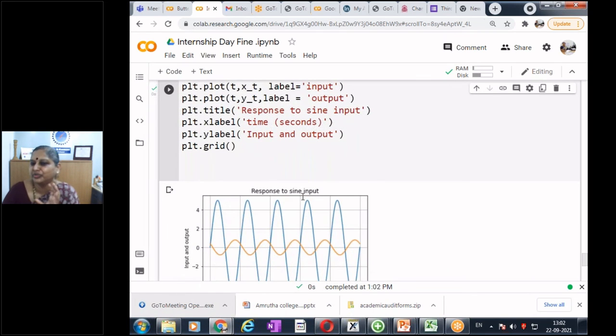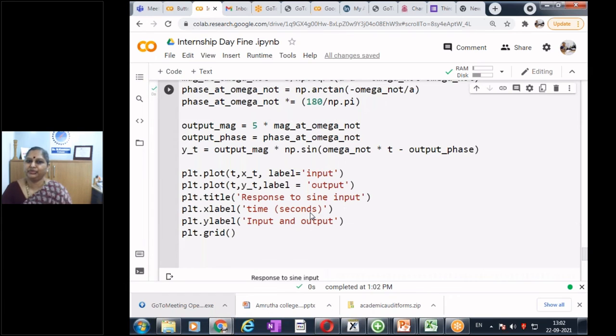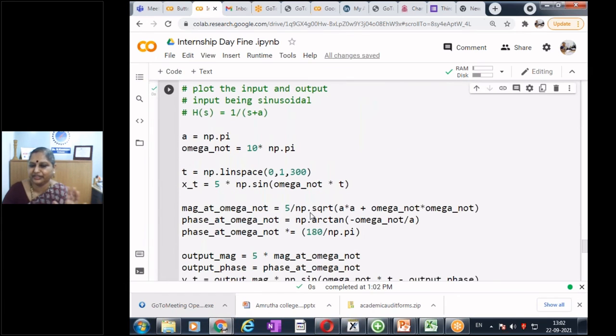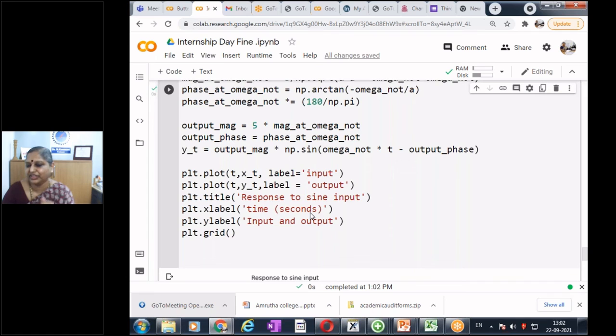We used to change the time per division knob in the Multisim Live. So have you understood what is 3 dB cutoff? Finally, I give a real input, I get a real output. That's the most important component. I hope you are able to understand everything together in one. We have done time, impulse response, phase response, magnitude response, and also computing the output for a given sinusoidal input.